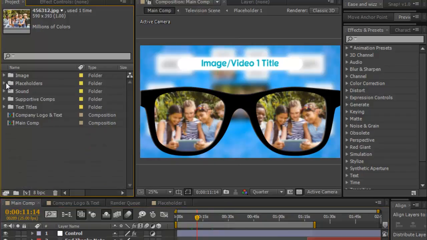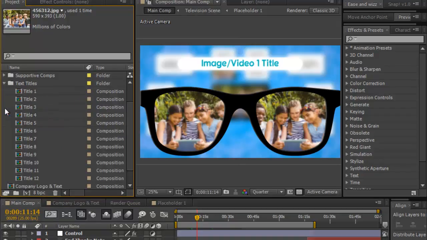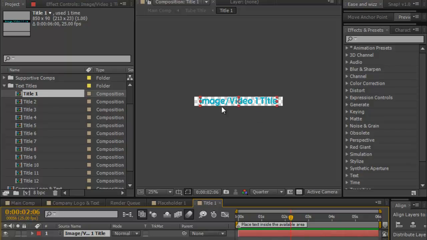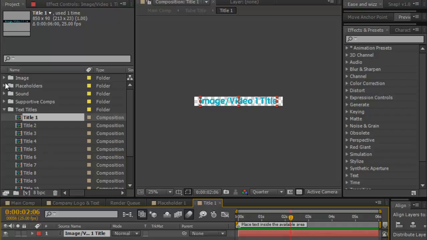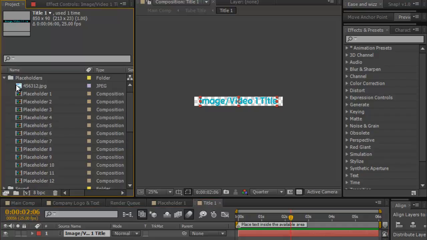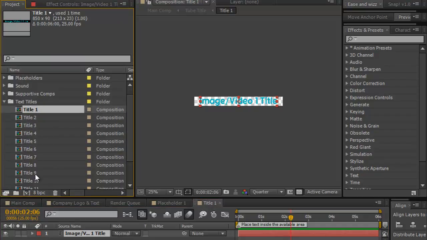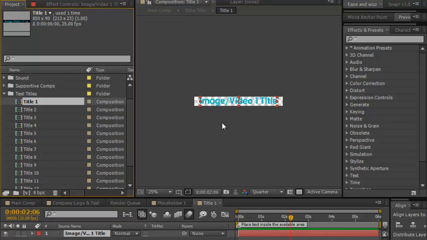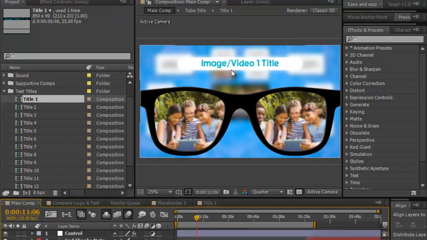And for the text, you can go with the text titles and individually change the text of each placeholder. Like for 12 placeholders there are 12 text titles, you can see the numbers, so you change them individually and that will pop up in this main comp.